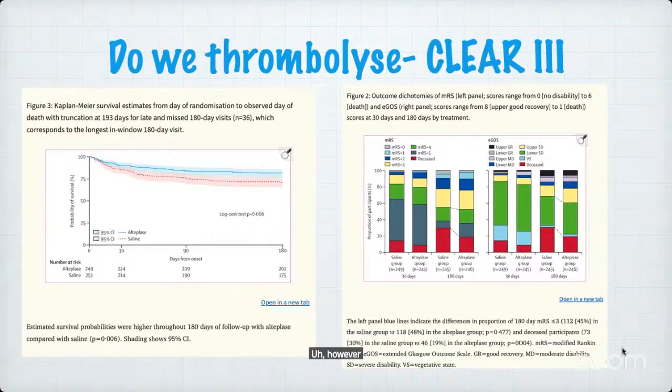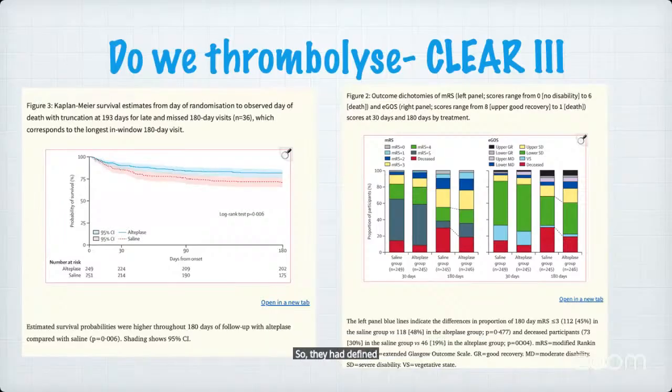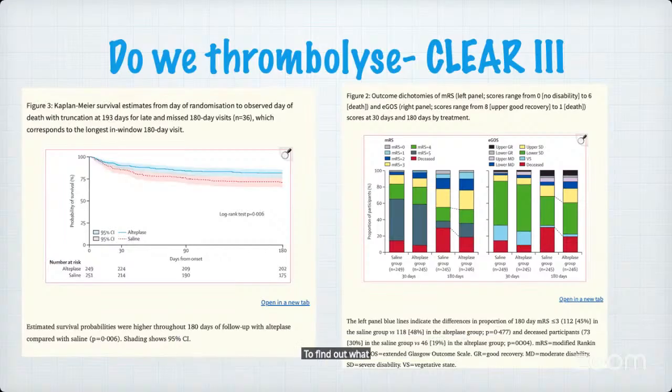However, a few things that I would like to mention about the CLEAR 3 trial. This is probably the only trial where they had defined the end of treatment outcome. So they had defined at what time alteplase injections would be stopped. They said that there should be clearance of the third and the fourth ventricle, at least 80% of the clot needs to clear. And this was studied obviously with a repeated CT scan. So in their protocol, they were doing a CT scan almost daily to find out how far the clot clearance